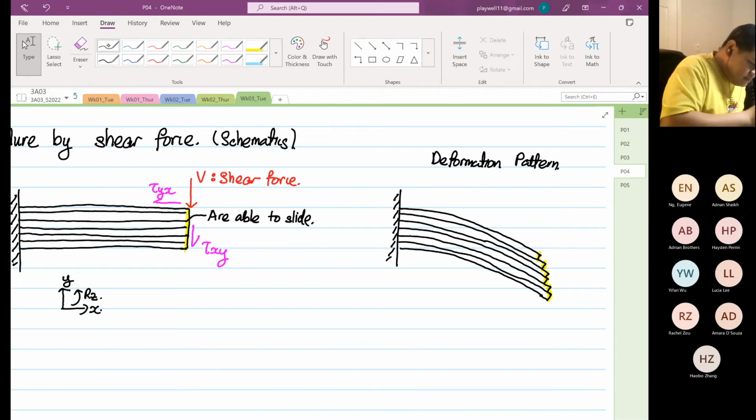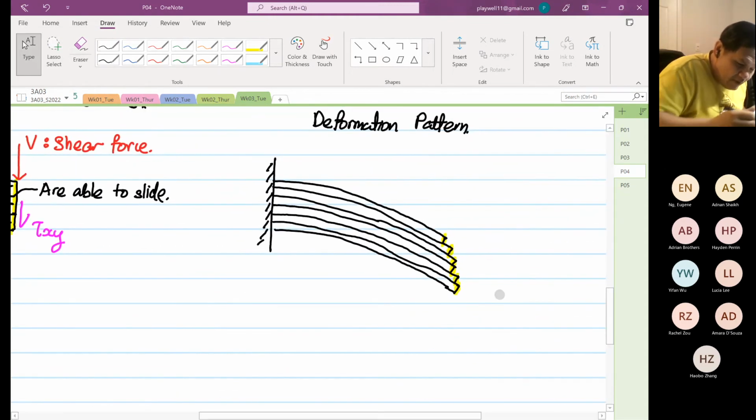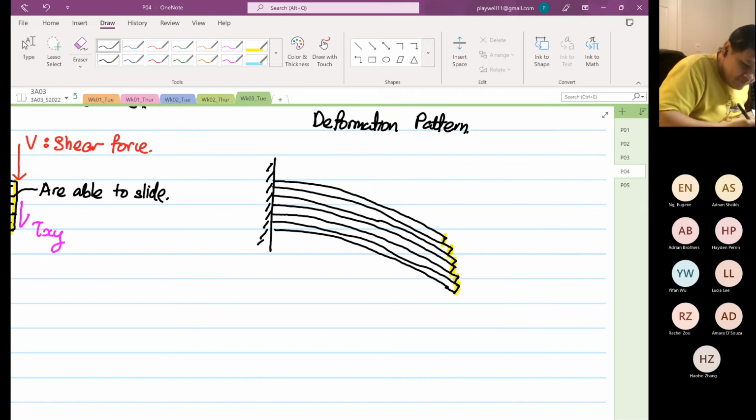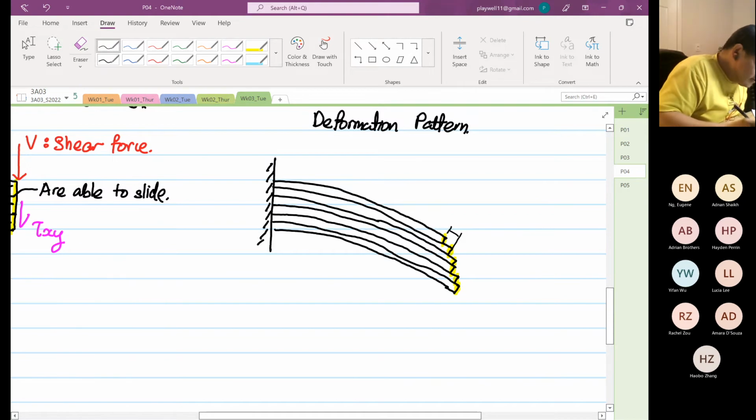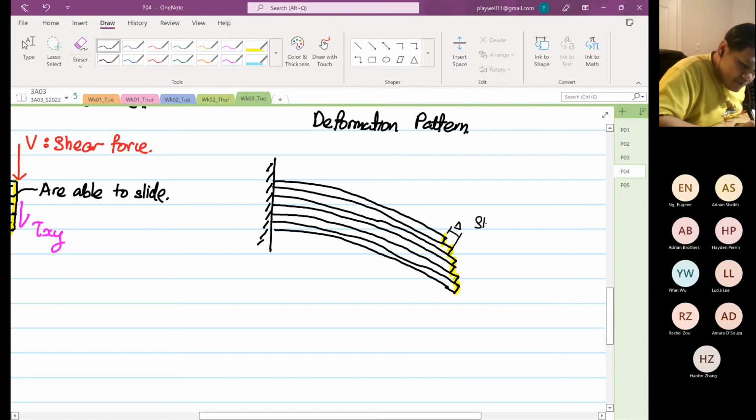Now, the direction of failure is not on the yellow highlighted surfaces. You can see, however, the direction of failure is in this direction. So I'm going to call this our delta. Can you see that? When the delta increases, this is what we call the slip. Okay, so delta is the slip, okay,